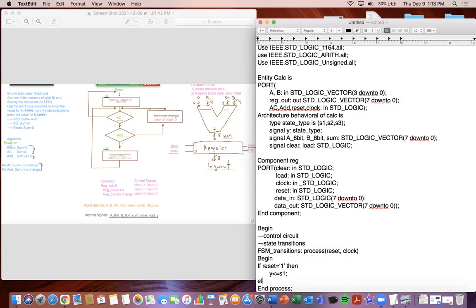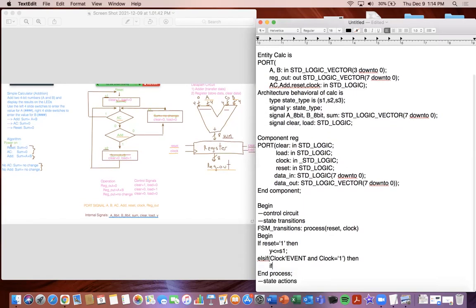However, for the else if, this is the active clock. So clock event and clock equals 1. So if it's an active clock, then what you need to do is have another if. It's going to be checking if AC is equal to 1,